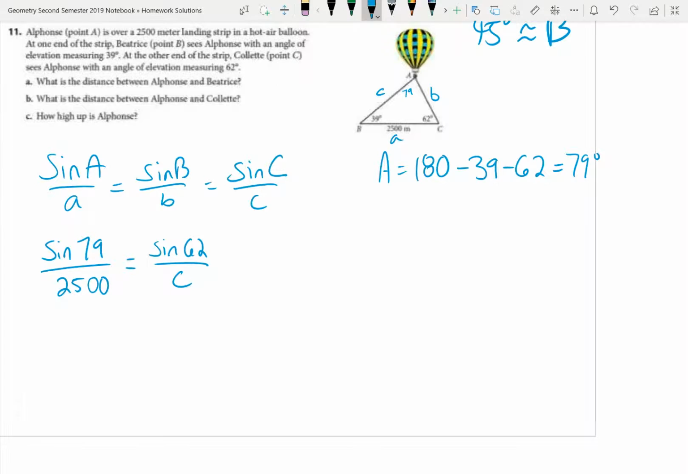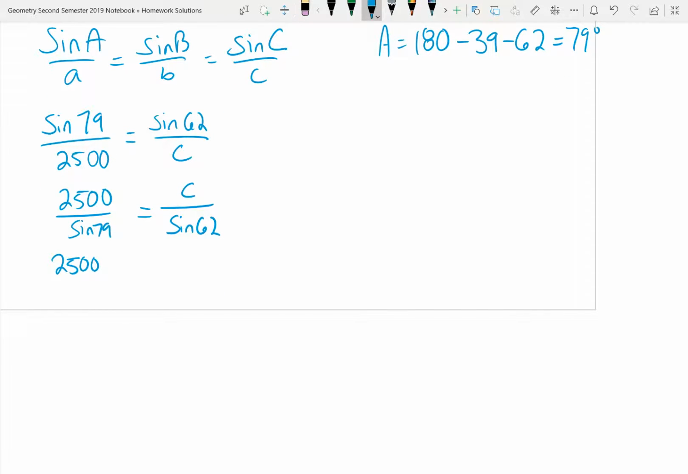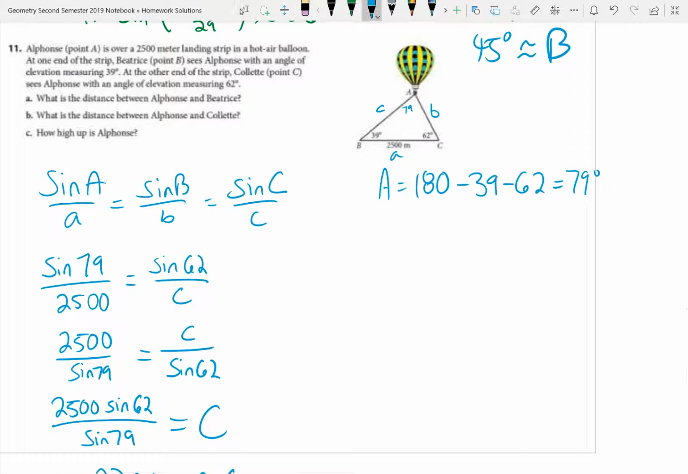Okay, so let's flip it to make it a little bit easier to do the algebra. And then multiply both sides by sine 62. When we do the math, we will get about 2,200 meters. That's part A. And then part B